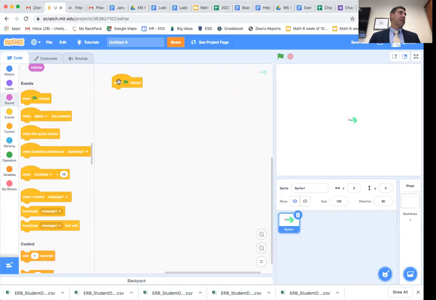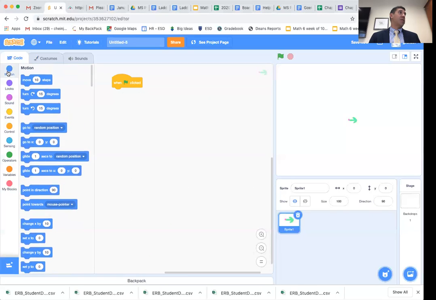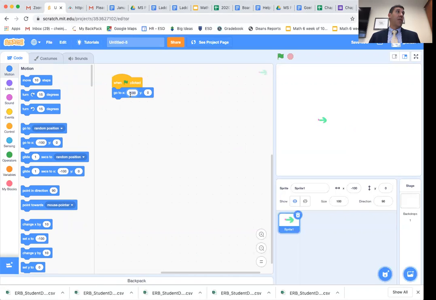So when the flag is clicked, I have to go to motion and hit go to, and those are the X coordinates, which is the left and right, and the Y coordinates, which is up and down. And so I'm going to go to the middle, but if I wanted to start someplace else, I could change the left and right. Left would be negative, so go negative 100, and then when I click on that, that's where I go to. Or if I made it positive 100 for the X, I go over there, and then same with Y. I could say 150, 140, and then when that flag gets clicked, it goes up there, or